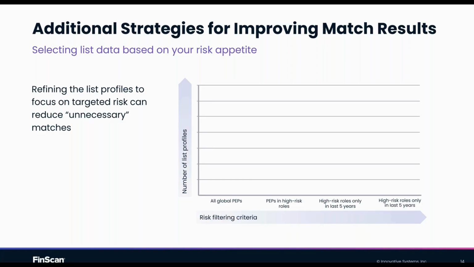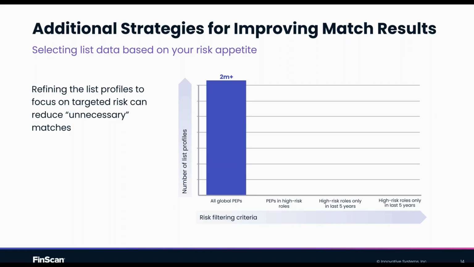Well, when you look at PEPs, refining those list profiles based on a targeted risk, reducing unnecessary matches, as I mentioned, globally, if you look at all PEPs listed across a number of different databases, you're looking at north of 2 million profiles nowadays. That's a lot. That's a lot of data to screen your customers against. And I guarantee you will almost certainly get matches for PEPs who, yes, may have been the Secretary of Defense in Spain 30 years ago, but have long since retired. They may have been a provincial mayor or town mayor, something like that, 10 years ago, but have never held any position before or since. Question is, is that a risk to you?